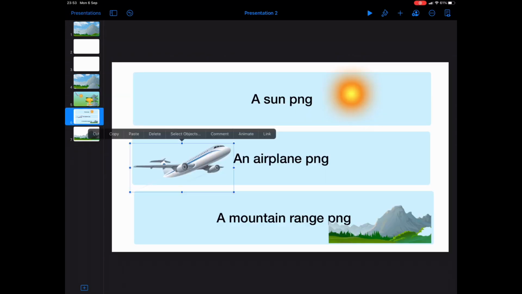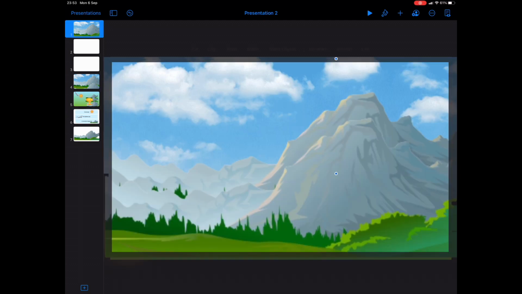The next thing you want to do is you want to get your airplane. You want to see how the airplane is going to fit in here. So we click on the airplane, we bring it in and we add it to our picture. Now you see there, you can see how you have to make sure it's the correct size and also about where it's going to fly. So I like to play around with the airplane to make sure that I can see exactly what line it will fly on. I move it around, I test it, make sure that I feel comfortable before I start to do the